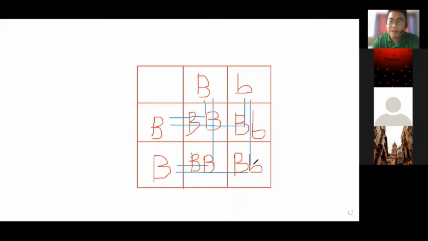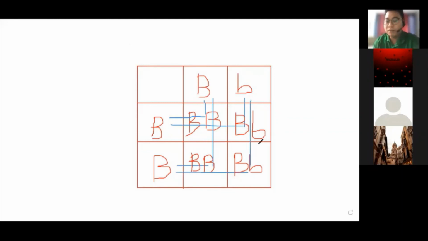Ibig sabihin, di ba nga kanina sabi natin, ang big letter B is black, and the small letter b is brown. Who can tell me what is the phenotype of these results? May nakikita ba kayong parehong small letter na b? Meron, wala.